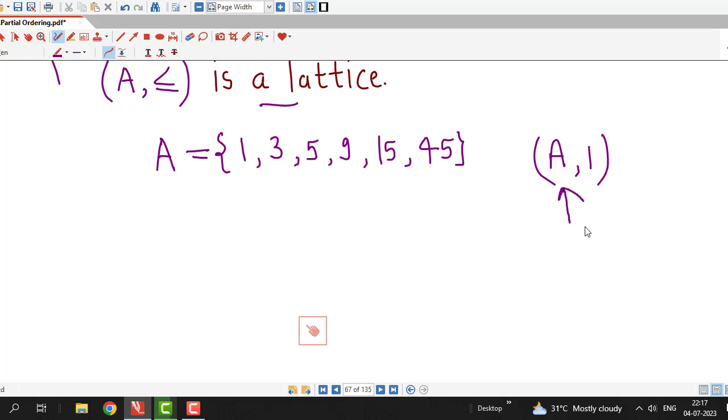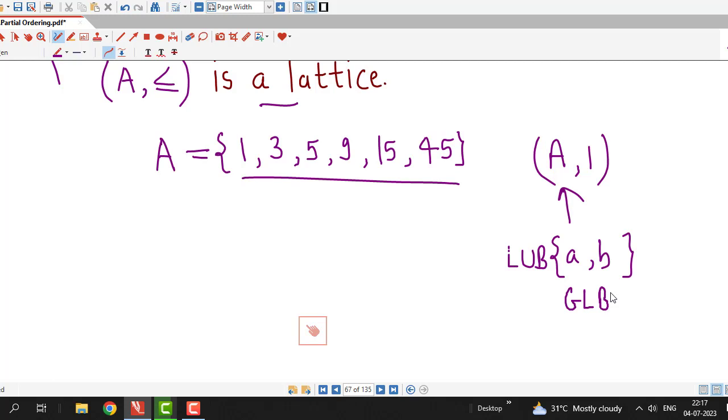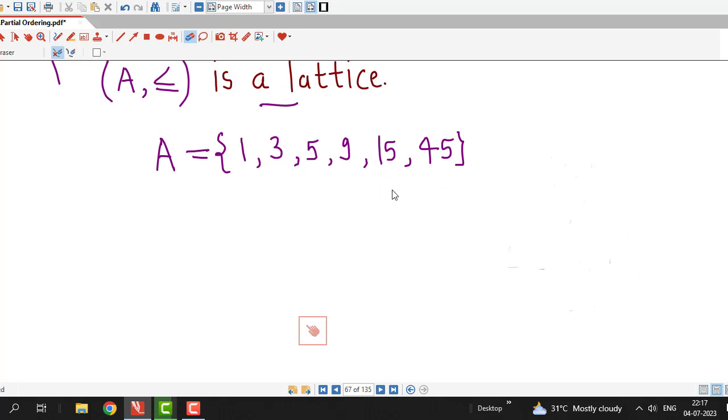We have to show that if we take any two elements from this set A, then this subset must have least upper bound as well as greatest lower bound in the given set with respect to divides relation. Here given relation is divides relation or divisibility relation. So I have to decide whether least upper bound and greatest lower bound exist for every possible subset having two elements. So you can see if I fix one and vary all these elements, then I have this type